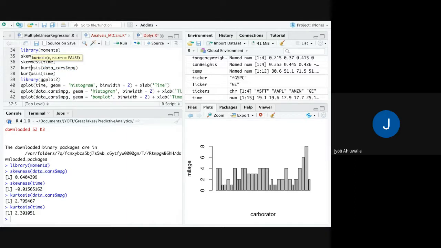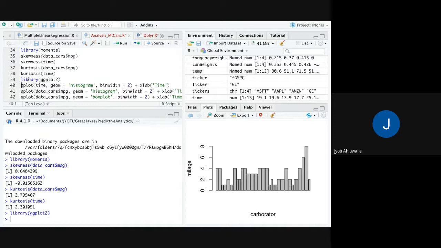Okay. Then there's another library for visualization called ggplot2. In ggplot2, we can make a histogram. So qplot is the code. I give time as the data, geom is histogram, binwidth is equal to 2, plus xlab, the heading of the x is time.